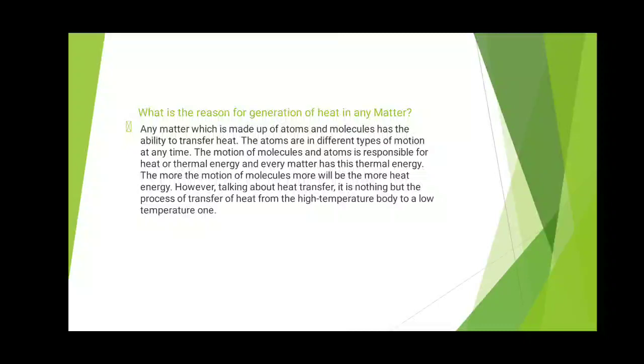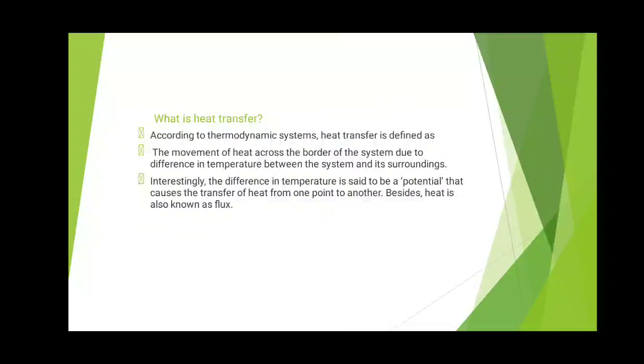Now, we should know what heat transfer is. We know that heat is an energy and that can be transferred from one body to the other, from one location in the body to the other. The methods adopted to transfer heat energy are known as heat transfer. To facilitate heat transfer between two bodies, there needs to be a temperature difference between them. This means that those bodies must be at two different temperatures, one higher than the other.